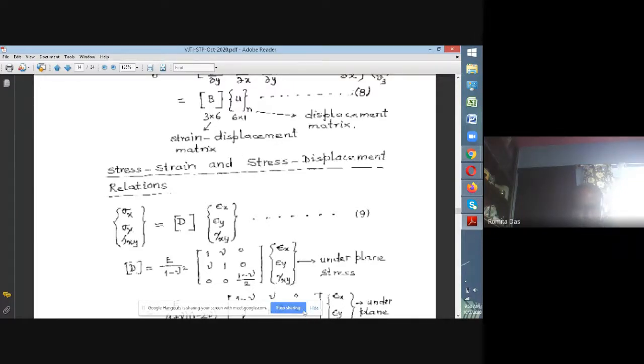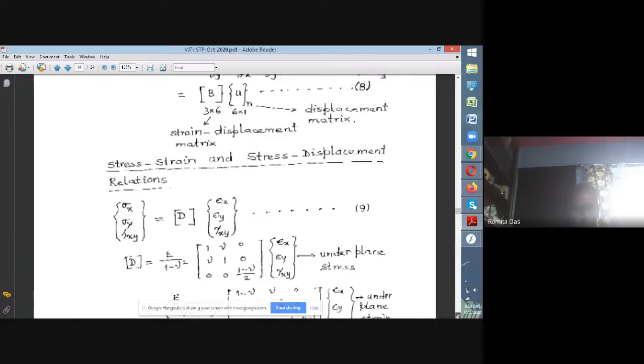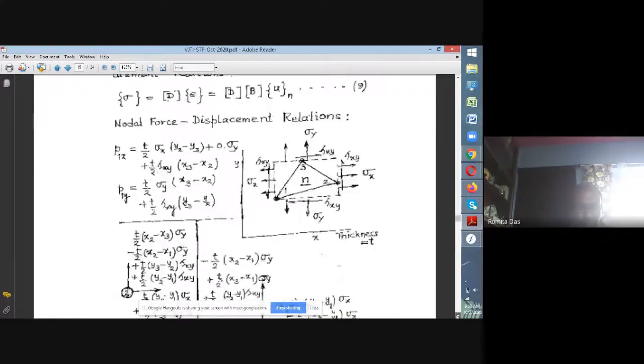And now, since the B terms are constants, the strain is constant all over the element. Therefore the stresses, given by the D matrix, the material property matrix, which consists of all constant terms, multiplied by the strains, which are also constant, are invariant within the element. So the stresses within the element are also constant, they don't vary. So this particular element has the typicality that it does not give rise to any variation of strain or stresses within the element. That is why this is very important. Now let us get started for further discussion.